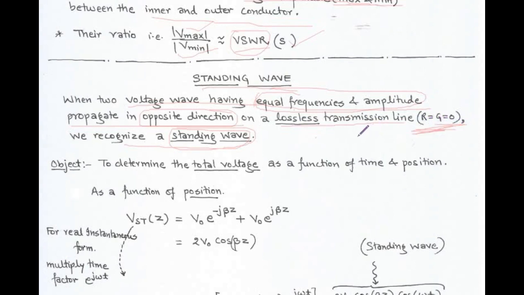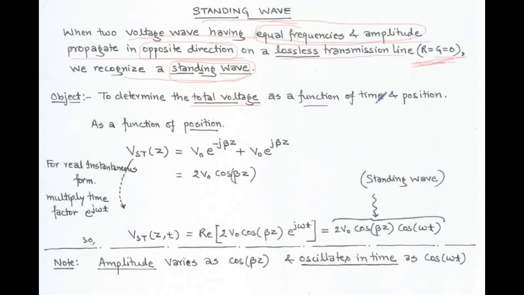And here our objective is to determine the total voltage as a function of time and position, that is the real instantaneous form of a voltage wave. For this we first consider a voltage as a function of position, and here we know that the propagation is towards the z direction, so we consider the total voltage as a function of position z, and it is written as V_st(z). Here t stands for total voltage and s stands for sinusoidal, and z is the position. So it is equal to V0 e to the power minus j beta z plus V0 e to the power